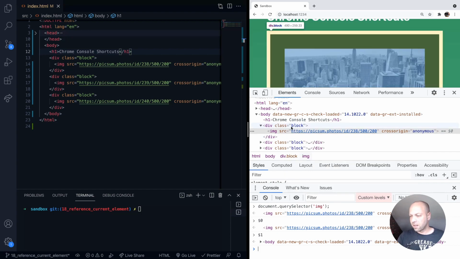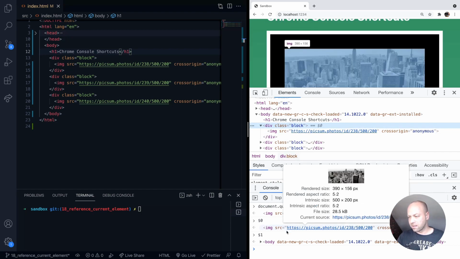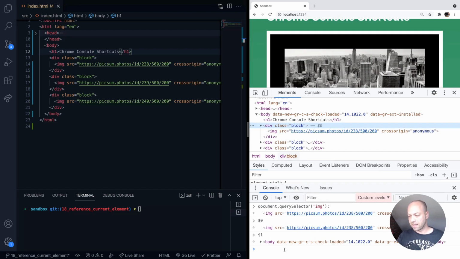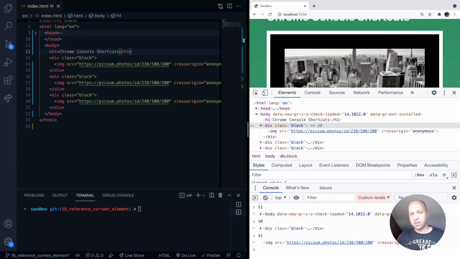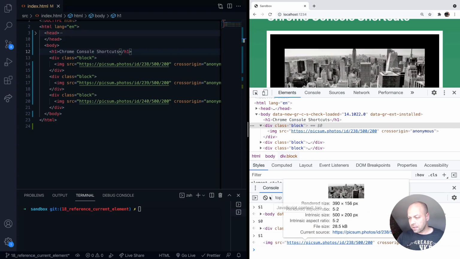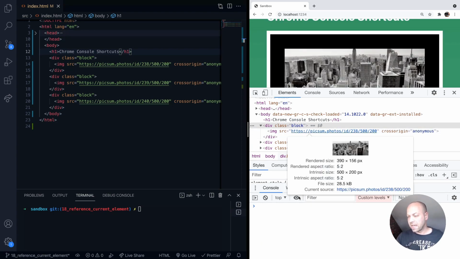So if I was to then go to the block tag and click on that, and I've now got that in focus, I've now selected it, $0 should be that element that has the block class on it, and then $1 should now be the image. So I've pushed that onto the history, and I can use $0 to $4 to go back to any previous elements that I've clicked on. So that's pretty handy, but obviously you might not have clicked on anything in the elements panel,